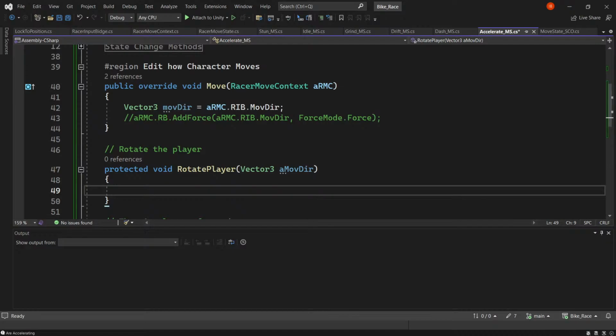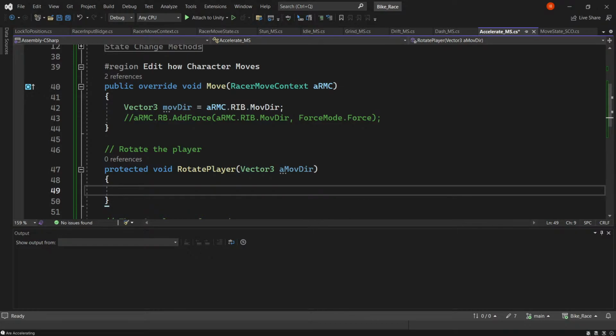So all of these are going to be on the same layer. So I want a reference to another object that I'm going to rotate, and that'll represent the visible rotating object. And what do I want that to be? That needs to be the racer,